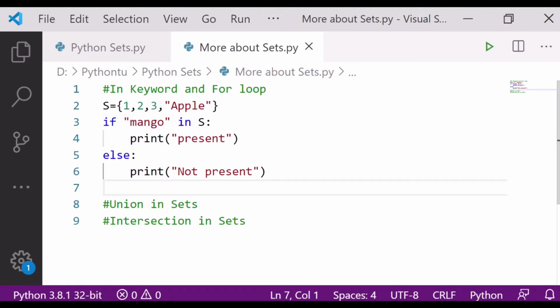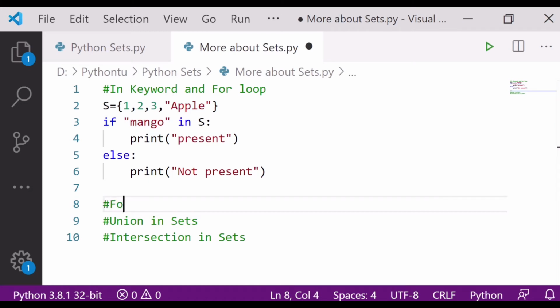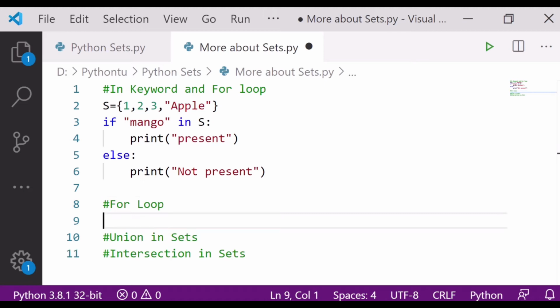So next is the for loop. Okay, so how to do the for? Just suppose I want to print the items that are all present in s.